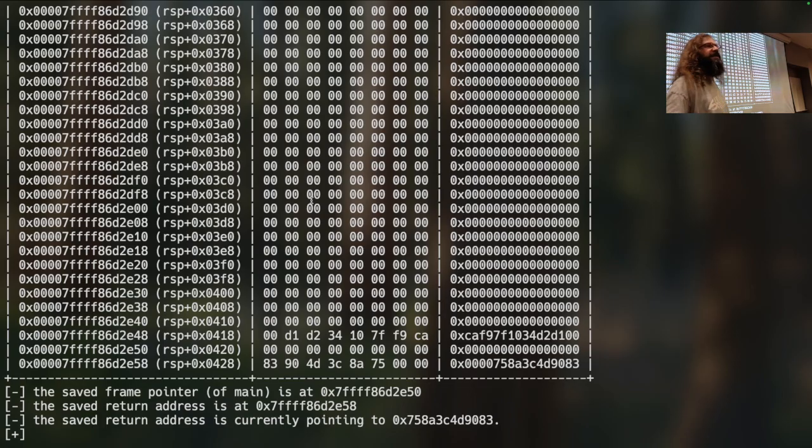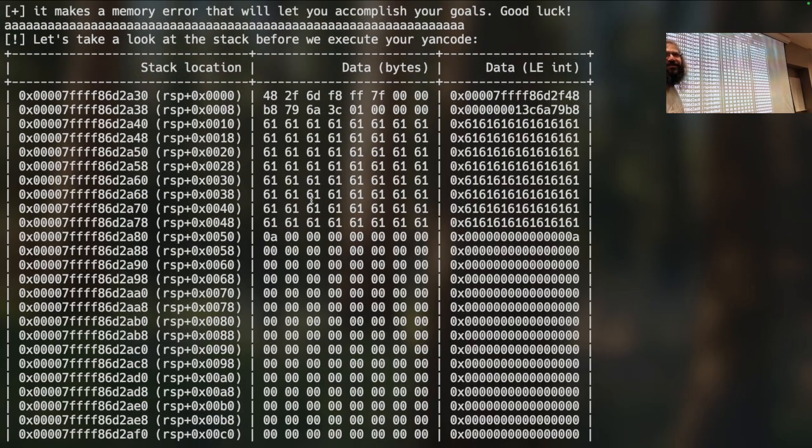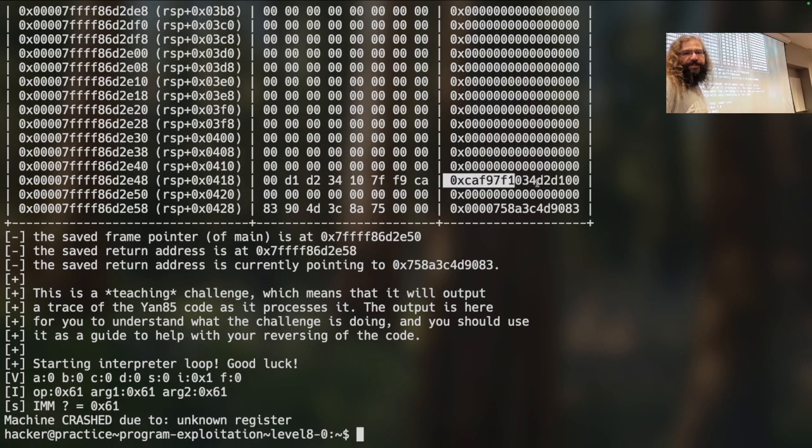Why can I say that? Just, I'm a wizard. It's just a guess. There's a rhyme and reason to it. So this is where my A's are getting written. It's a stack frame, so this is somewhere within the frame. And if I scroll all the way down, what do I see? What does this look like? Yeah, a canary. Okay, what happens at the canary? That's the end of the stack frame, right? So this should be my main frame.